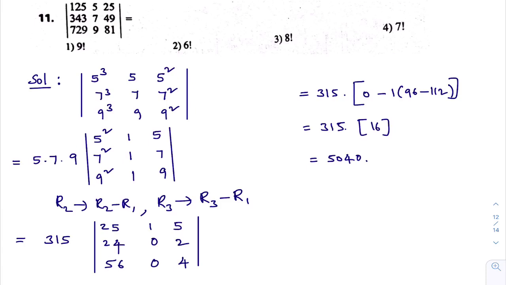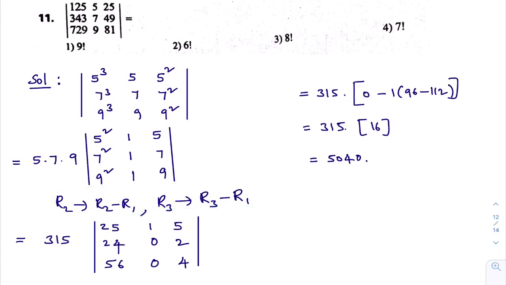Now you observe this row. From this row, I can take 5 common, taken 5 common. From this row, I can take 7 common, so taken 7 common. From this row, you can take 9 common, taken 9 common. Now write what is remaining here. Now you observe all the elements of the second column are 0. So I'll make this element 0 and I'll make this element 0. How to make this element 0? This is in the second row. R2 minus R1. Already we know these things in PUC. We learned these things clearly. R2 changes as R2 minus R1. Now R3 changes as R3 minus R1.